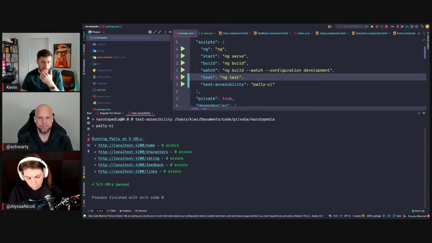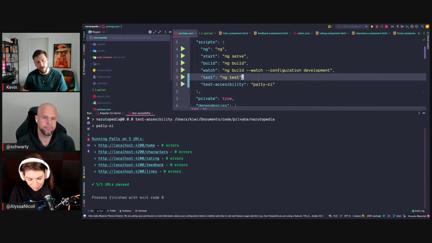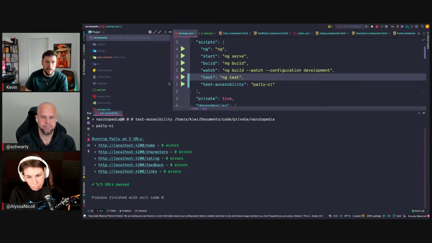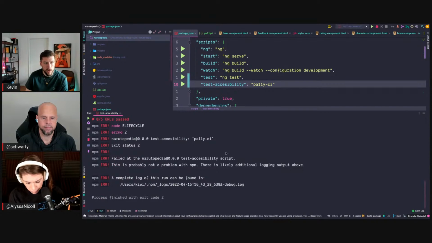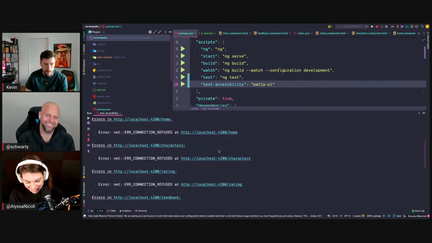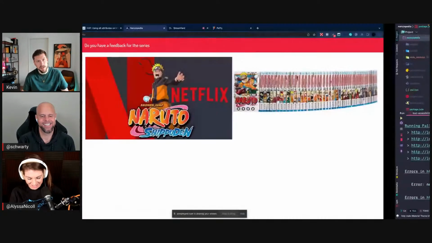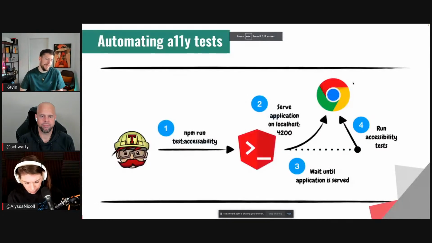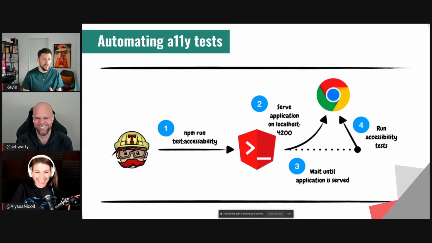Gotcha. And yeah, we have those 5 URLs tested now, but we still have one issue if we want to run that on CI. The issue is that it's currently running against our localhost 4200, which is already started. So if we kill our application and just run this, then it will not work because there's nothing running. So the idea that I came up with is basically, I don't know if this graphic is even worth it, but still it's there. So what we will do is we have some CI.